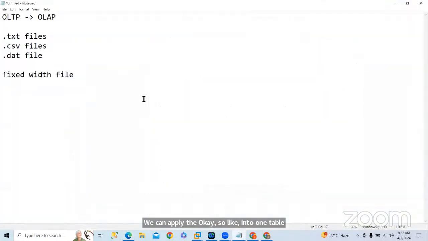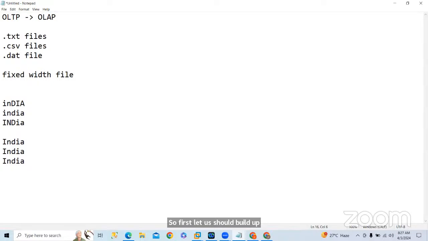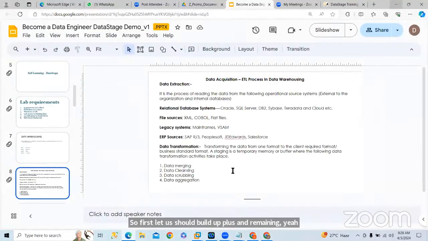For example, country. We are receiving data like this. Is there any proper format here? No, there is no proper format. What we can do is make one standardized format, so the first letter should be capital and the remaining letters should be small letters. Like that, we need to do this data cleansing. And we are going to derive data from the existing columns. That is data scrubbing. So all these transformations will be applied